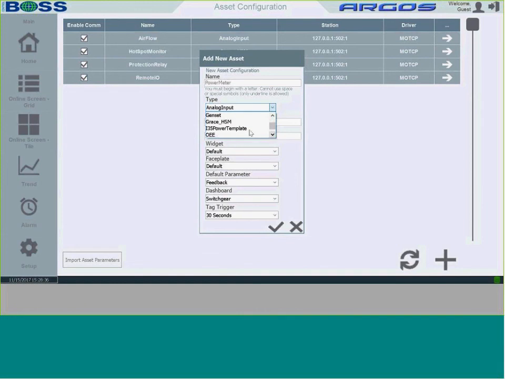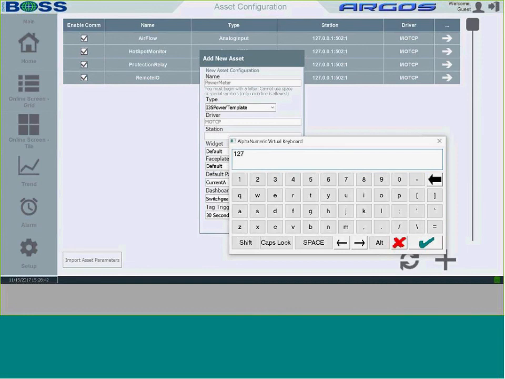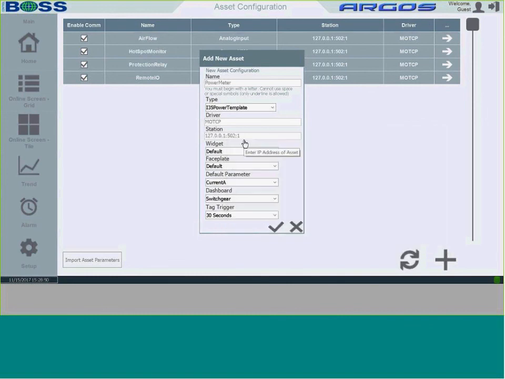Select my asset. So it's a power asset, power meter. And I'm putting in the IP address of my PC, which is running the Modbus server now. Obviously, in the real world, this would be the IP address of your asset. And we do have some pop-ups to help with that, right? We're using enter asset name, select the COM driver, select the asset type. So there are some things that go here to help you out. We're going to put it on the switchgear,